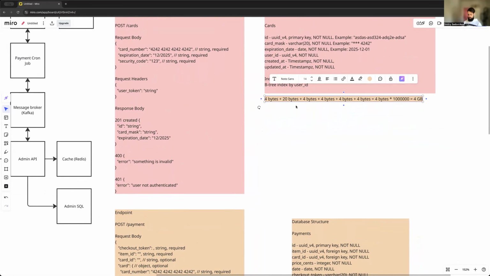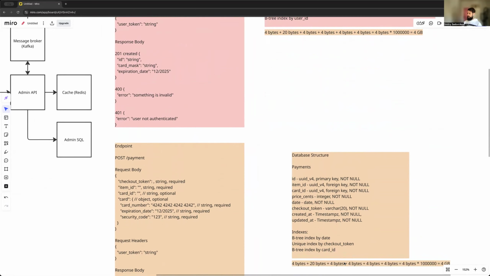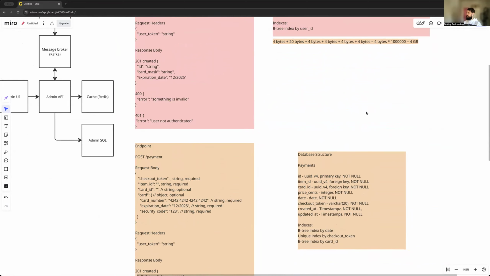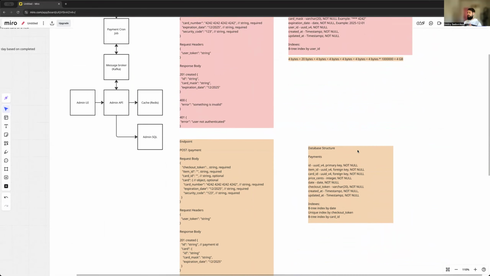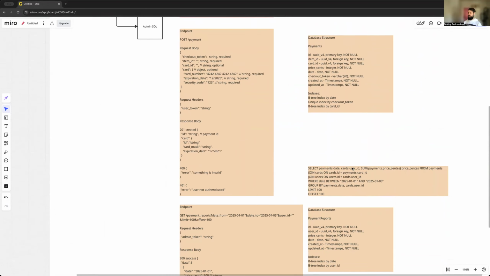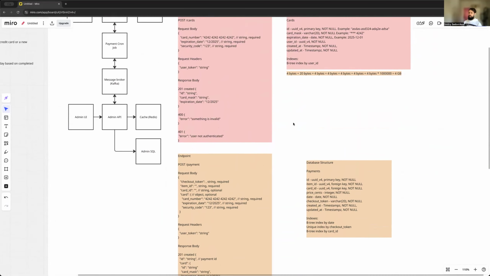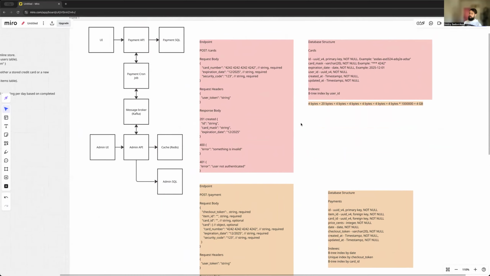The same we will do with another database, but I think it's enough for us to understand that roughly we have about 40 megabytes for cards, about 40 megabytes for payment, and about 40 megabytes in admin. It's not a big amount of data, but if we have 1 billion users,